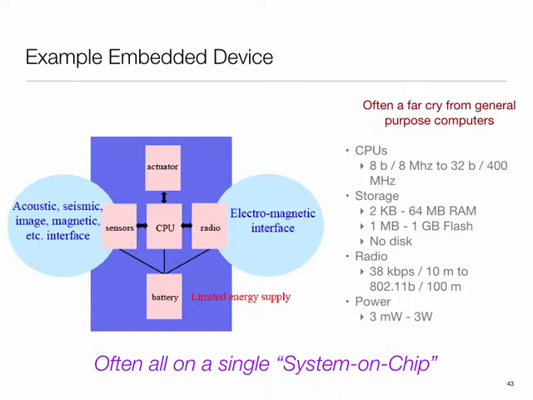The nice thing is that increasingly you can get a lot of this stuff on a single chip. When I started working in this area back in the 90s, having a system like this meant having a big board. And now, sensors and actuators aside, in many cases those too, you can certainly have a lot of this stuff on the same chip. Even batteries on the chip are possible now. There are these thin film batteries which have begun to emerge, which basically sit on a corner of your chip, and there are specialized capacitors.